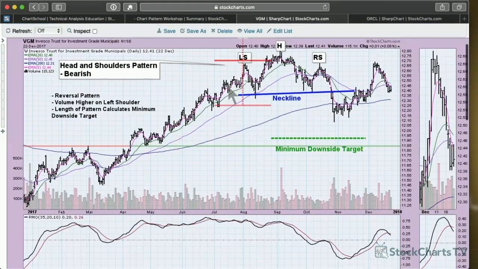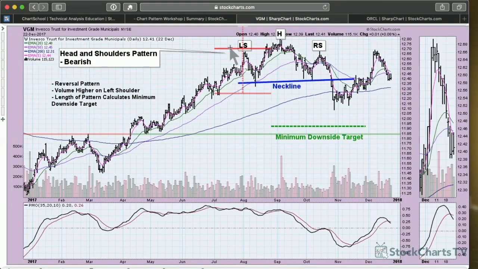All right, so here's a head and shoulders pattern, and it just looks like a head with two shoulders, left shoulder, right shoulder. Now there's a lot of interesting information about volume patterns and how you do that, but I'm not going to get into that because we're already very short on time. It looks like a head and shoulders, and it's this chart pattern. You should expect a breakdown